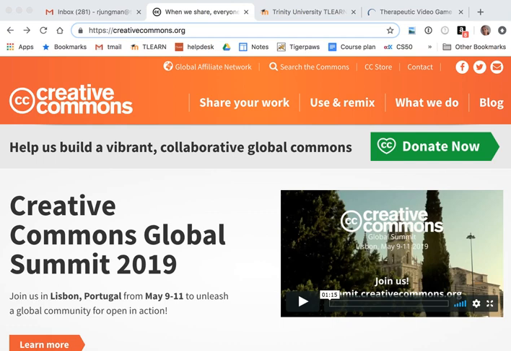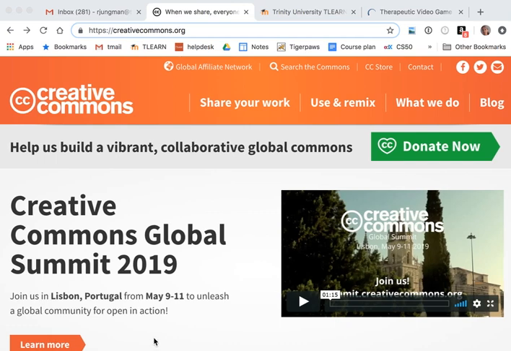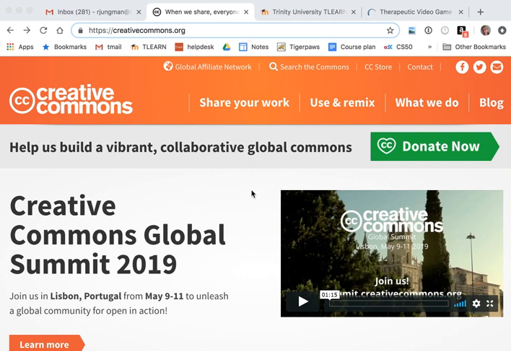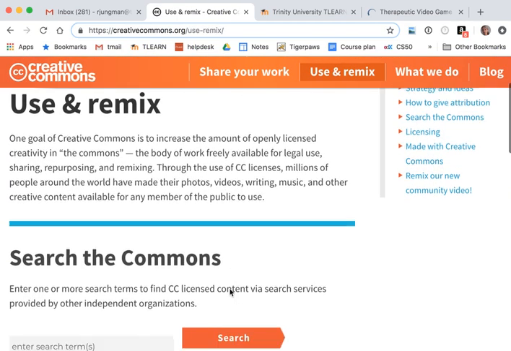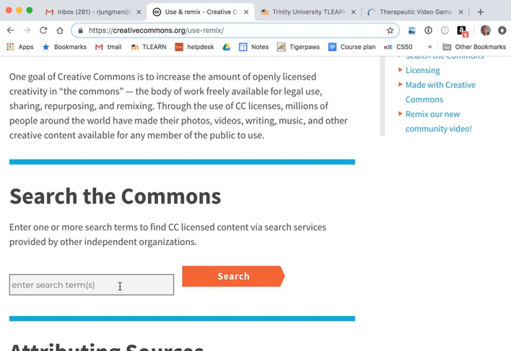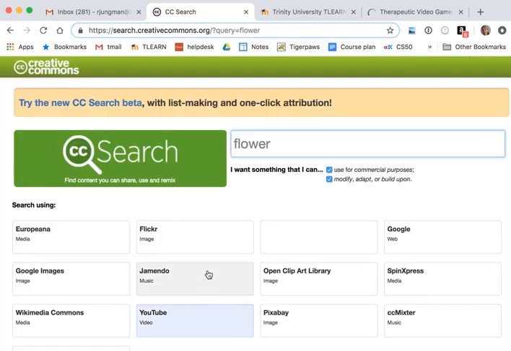To generate a public domain license, I'm first going to find an image that is in the public domain by going under Use and Remix, and then search the Commons. And I'll once again search for a flower. And this time I'm going to look under Flickr,